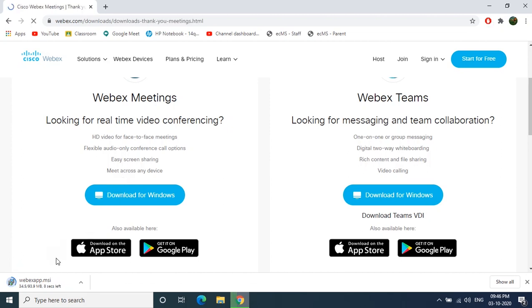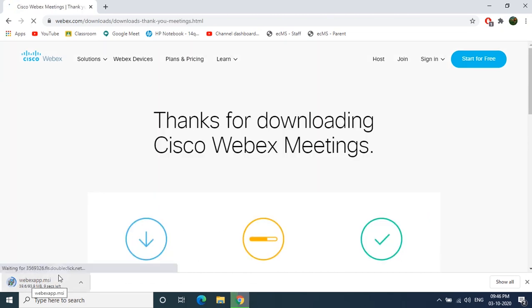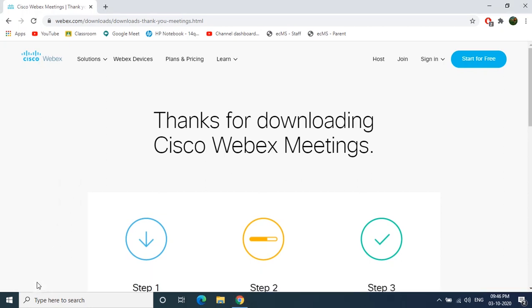The required files are getting downloaded. You can see on that corner, the files are getting downloaded. Once the download finishes, we click on it. I have clicked on that particular file which was downloaded, and you can see some options coming.